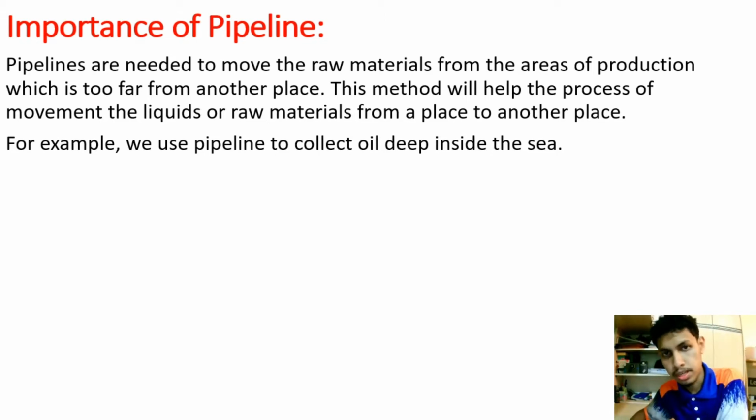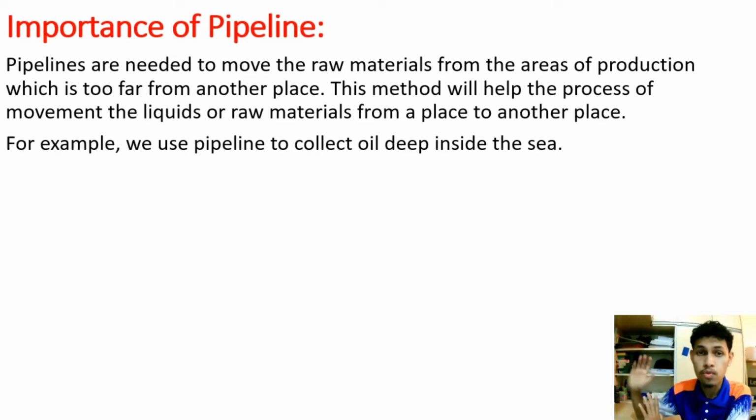The meaning right here is that the pipeline is very useful when we are trying to collect a resource from a difficult place, or even when we want to transfer the resource, the raw materials, to a place that is too far from the manufacturing place. As you can see from the example below, we use a pipeline to collect oil which is